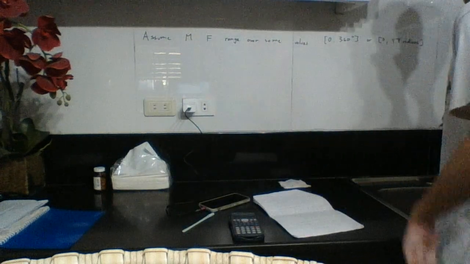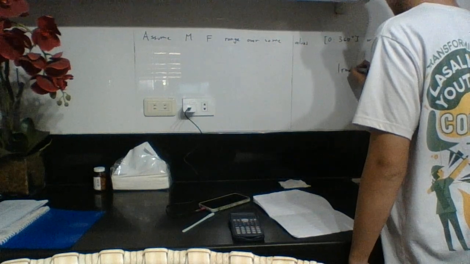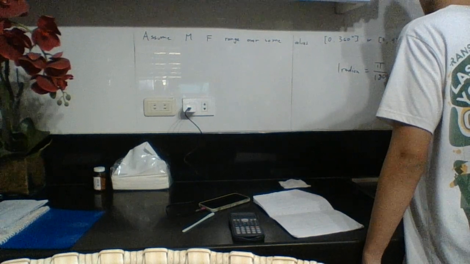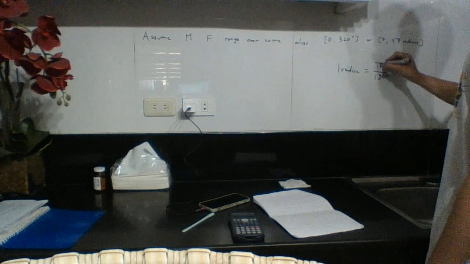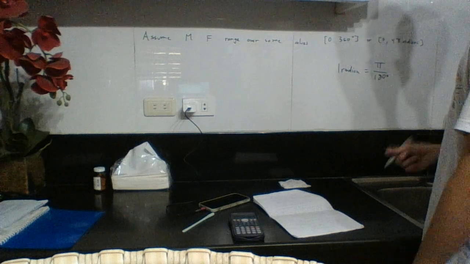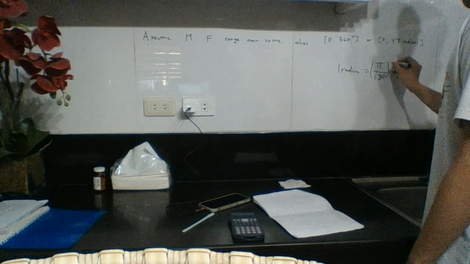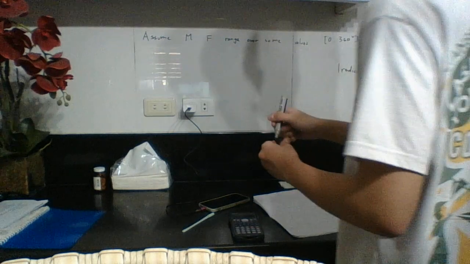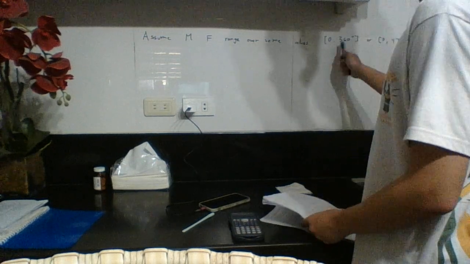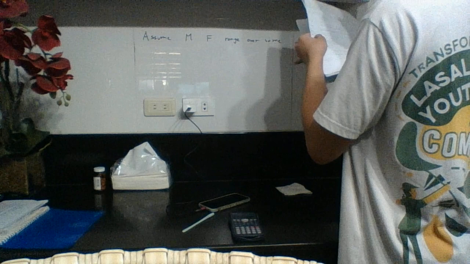If you want to follow along with our discussion but you prefer to use radians, definitely use this conversion factor. So 1 degree is equal to pi over 180 radians. Okay, so if I have 2 degrees, it is pi over 90 radians. There, that's our conversion factor for degrees to radians. If you want to continue along with this lecture but still use radians, but we will use degrees. Okay,